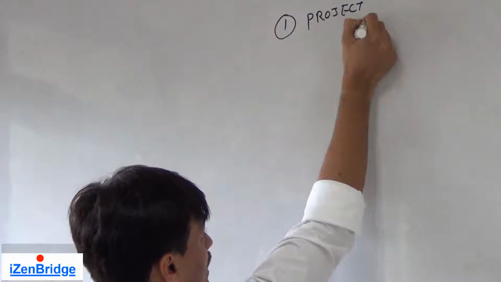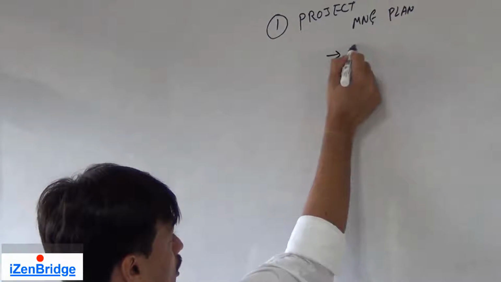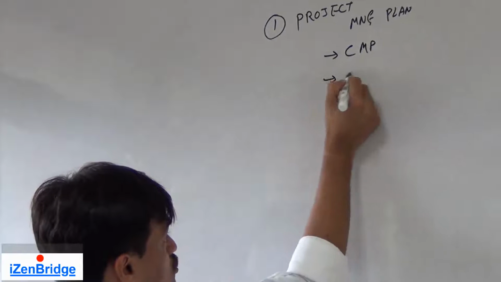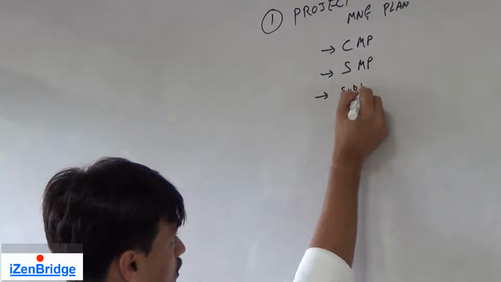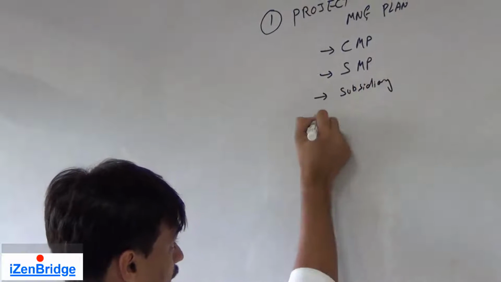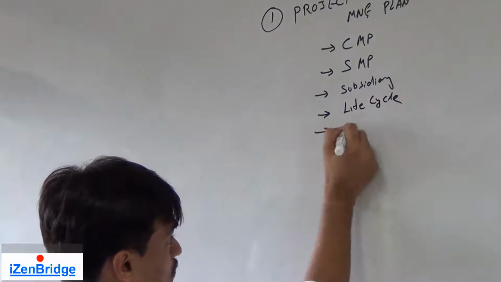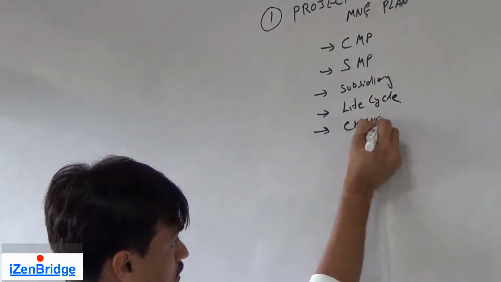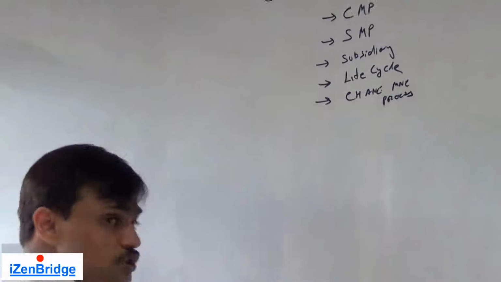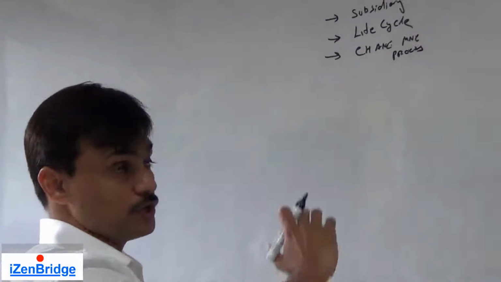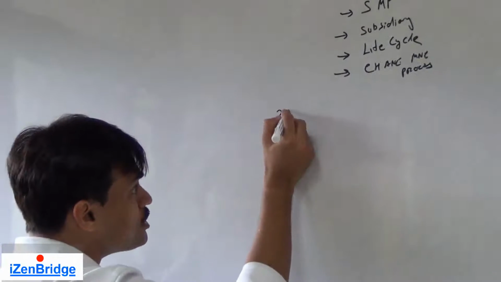The first input for this process is the project management plan. This plan will have the communication management plan, stakeholder management plan, other subsidiary plans, and life cycle and change management related process. So this is required as an input because we want to control the stakeholders' engagement. The second input is coming from